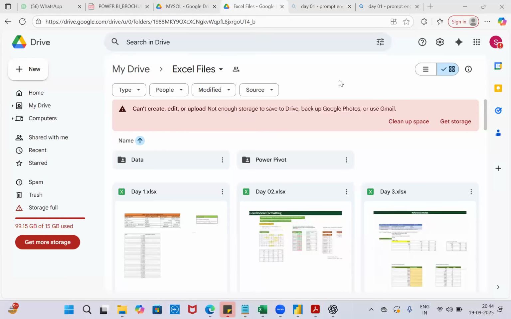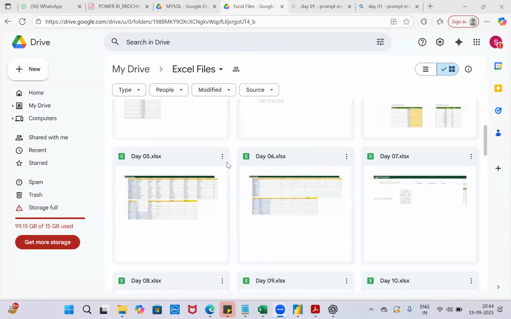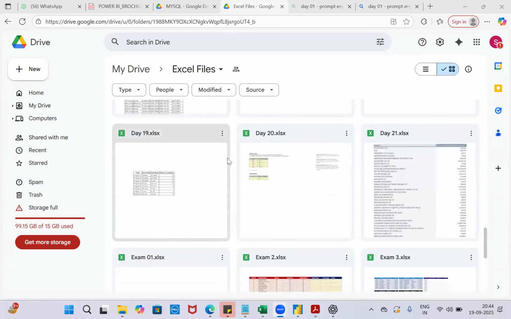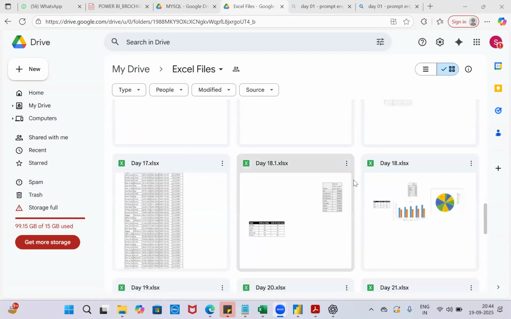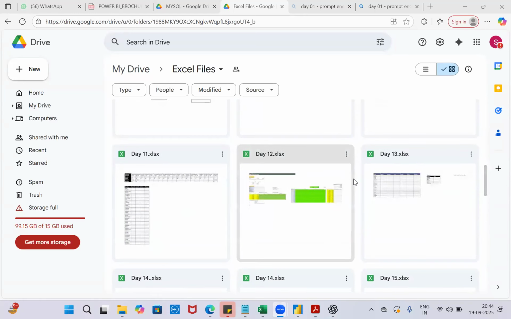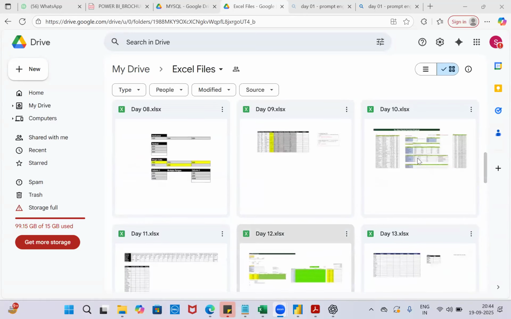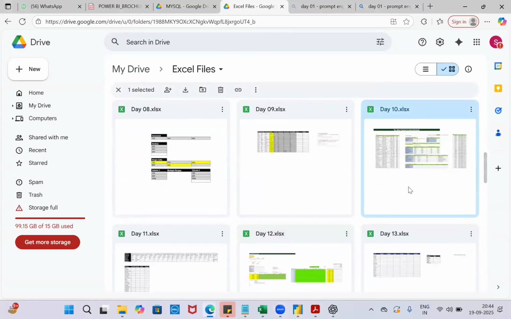Basically, I can show you my drive as well. This is how the datasets would look. Some Excel files you can see here, multiple Excel files. Only Excel I'm showing. Let me randomly pick one file, maybe 10 or 11.